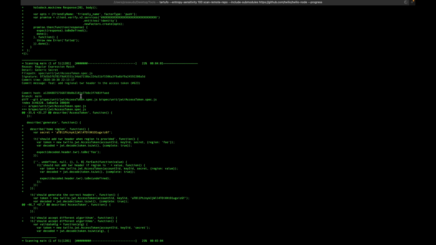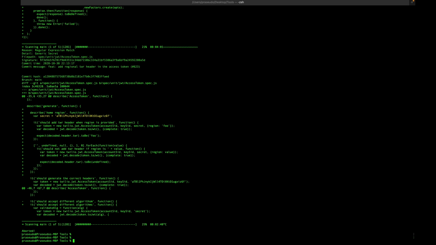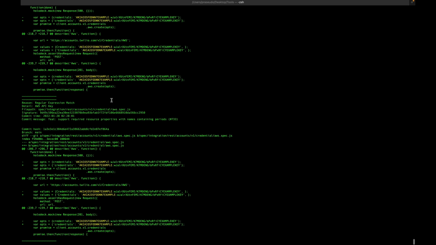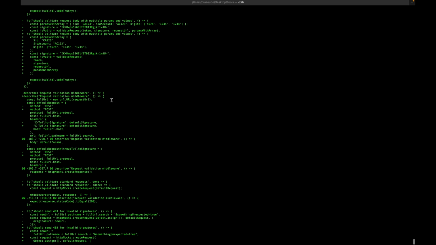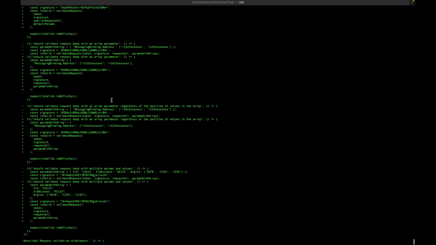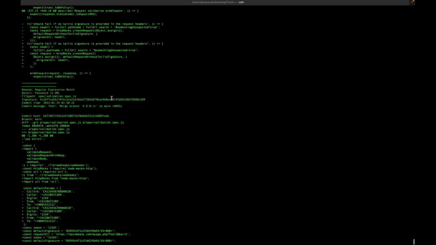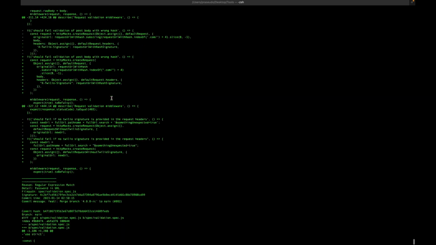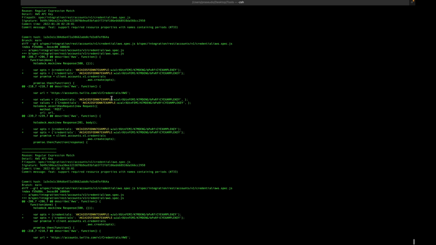Yeah, let's stop the scan, as it might take too much time to complete. So let's see what results we got till now. As you can see, let's go to the top. Okay, so you can see over here that the tool has scanned and also identified that there might be